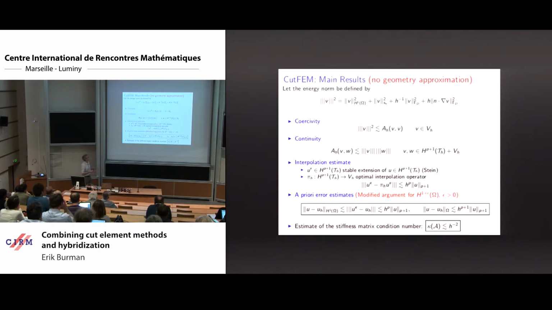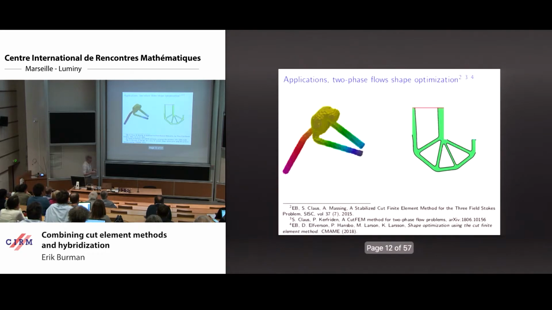Okay, there is no geometry approximation in here, but this you can do, also it can be included. So this is now, I think, a tried and tested method also for more advanced problems. So here we have Stokes flow in an MRI scanned geometry, and this is from shape optimization, and we can see,